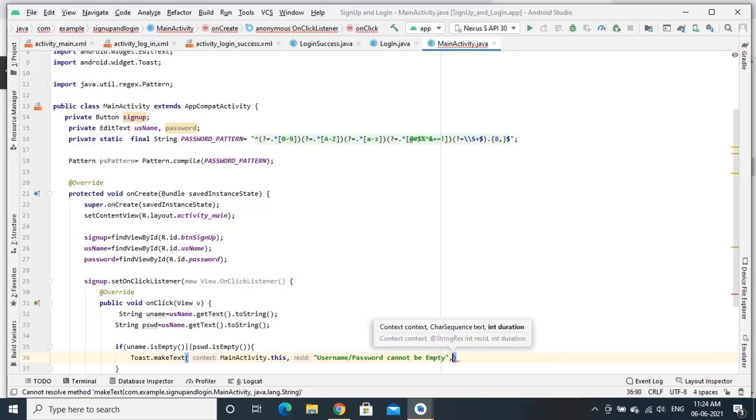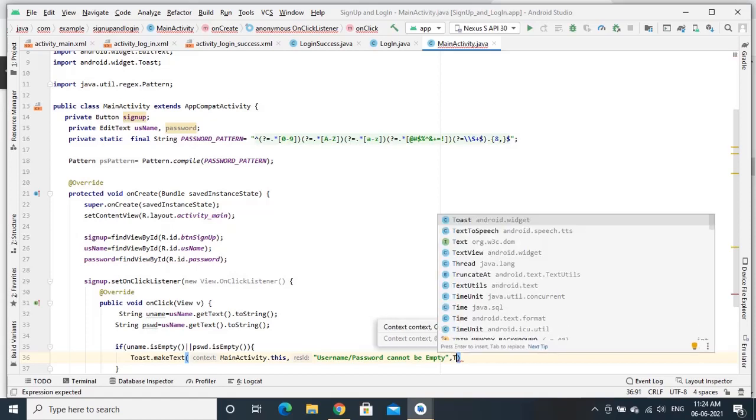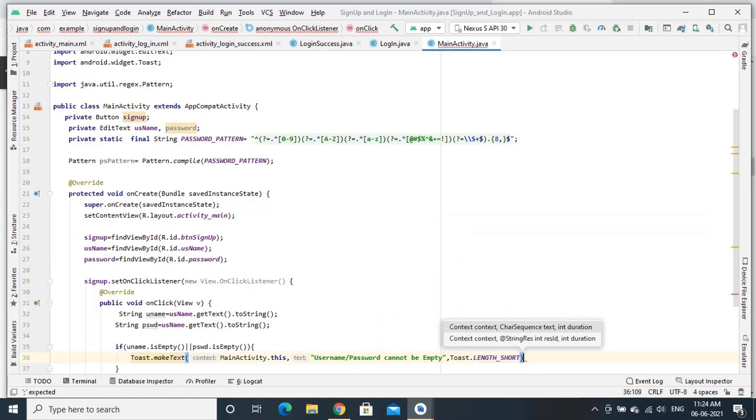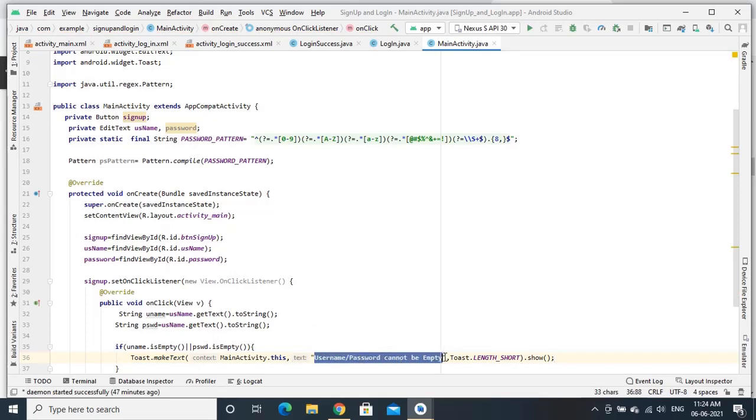And give the duration, let it be short duration, toast dot short dot show. So this will show this particular message if at all user tries to provide empty password or username.